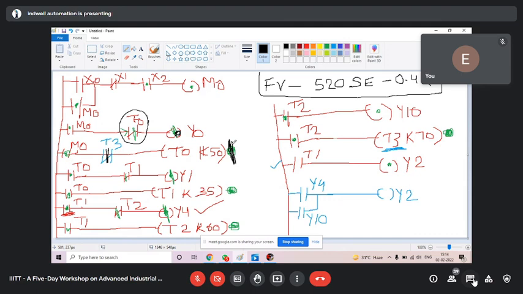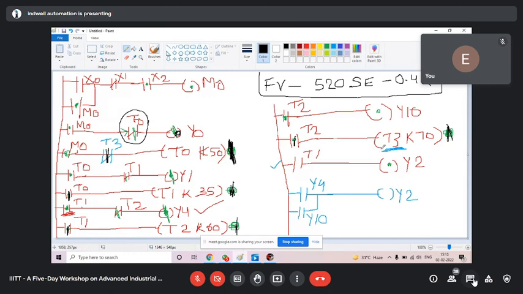At the same time, as this done bit is off, this T0 is off, so this T1 is off, this T2 is off, and this T3 is also off. It means this break is gone and it will also start.